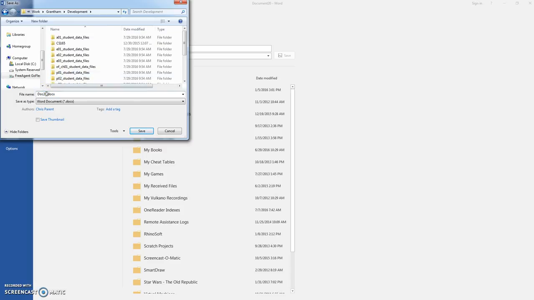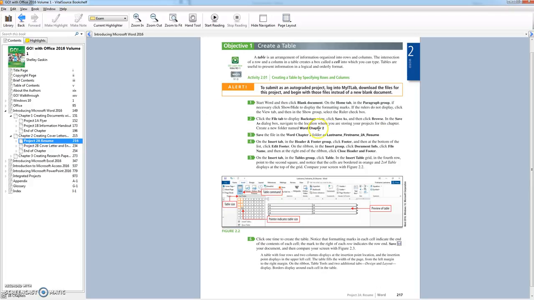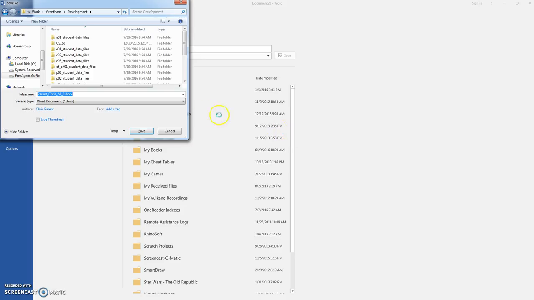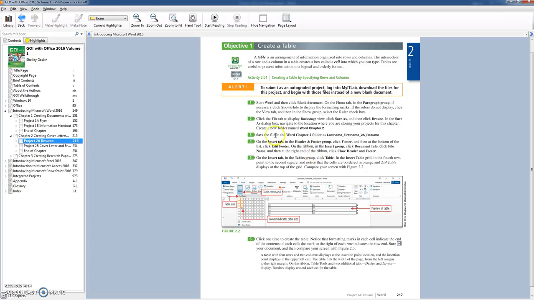Okay, last name. Well, actually, I'll use my actual information. To a, and the name was to be resume. Okay. So now that we've saved the file, move to step 4, and we're going to go to the Insert